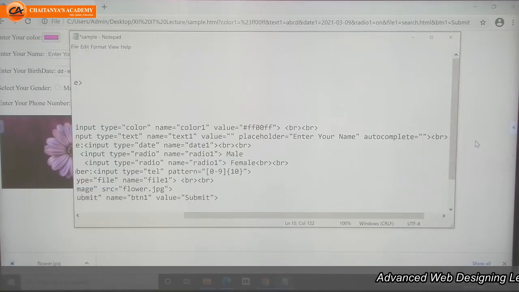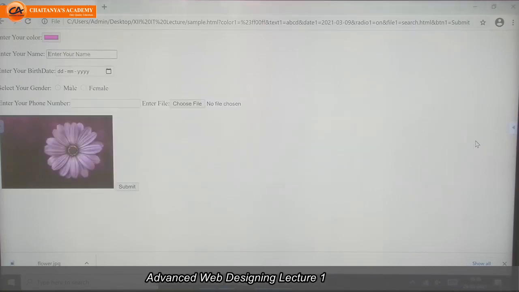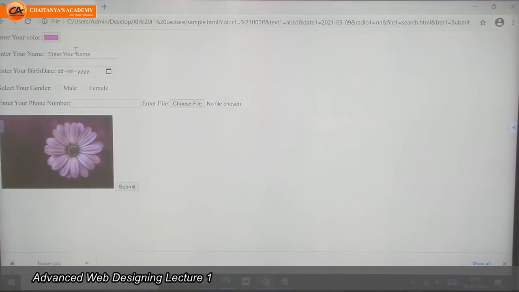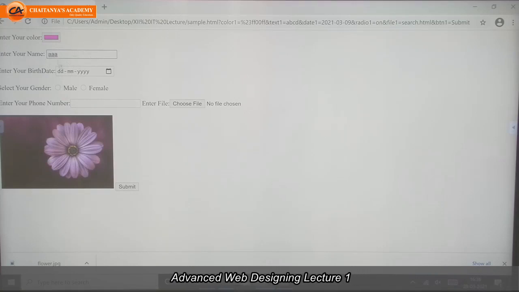If I made this off, then though I wrote here, see, before some time I was getting an auto drop down box which was having the previous values whatever I submitted. Now though I am typing the same value, it's not coming.